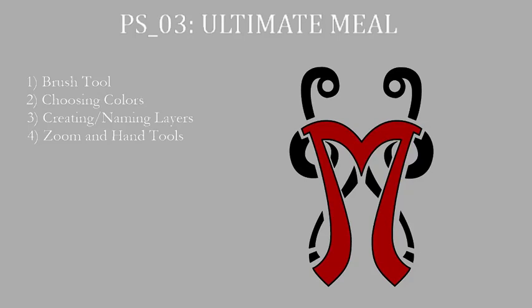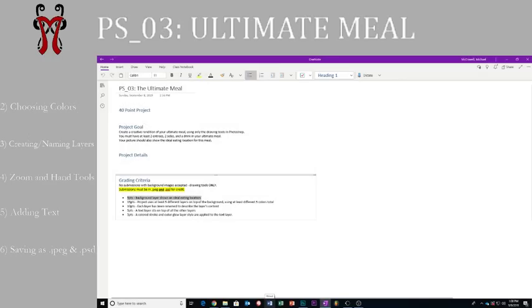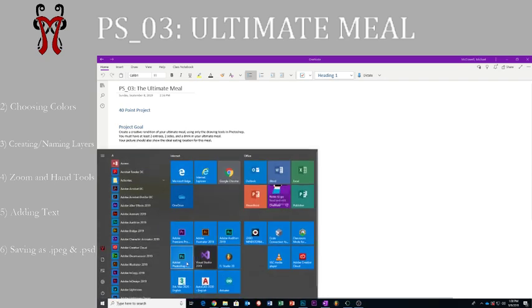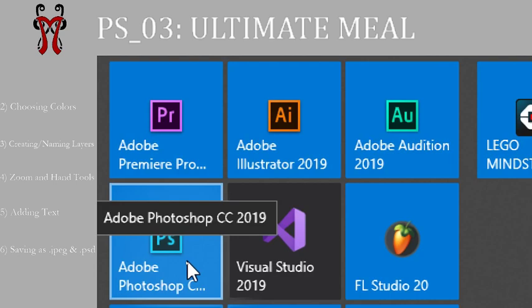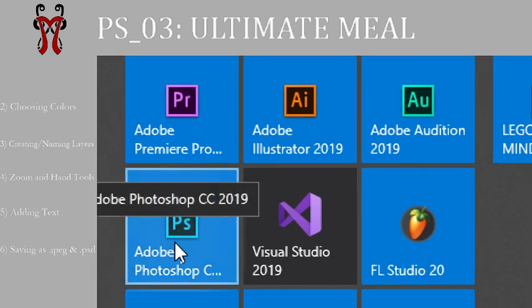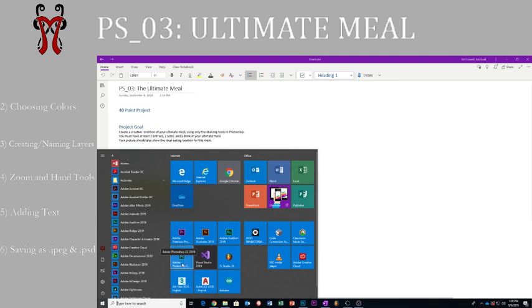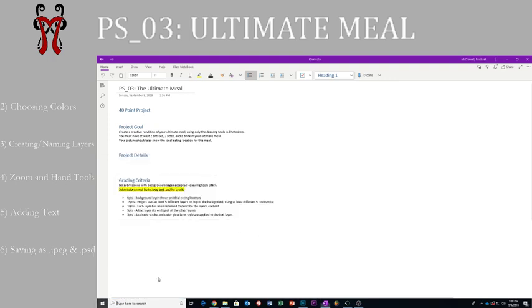All right, so the first thing that we're going to want to do is open up Photoshop. To open up Photoshop, we're going to simply press the Start button down on our keyboard, and you should see it right here. You should see something that says Adobe Photoshop CC 2019. If you don't see that, you can also just type in, if you press the Windows key,